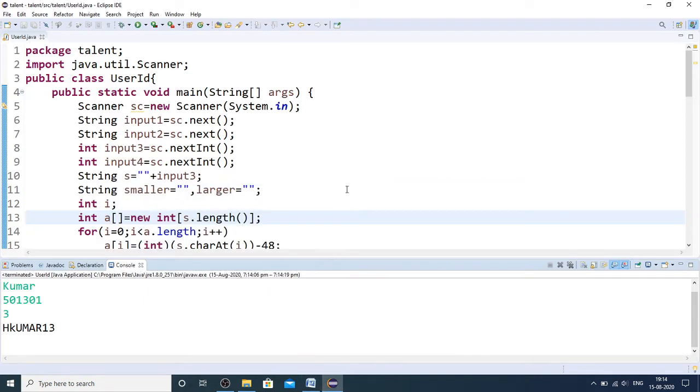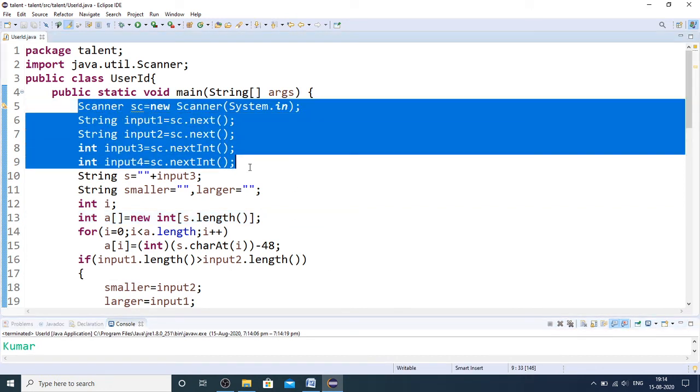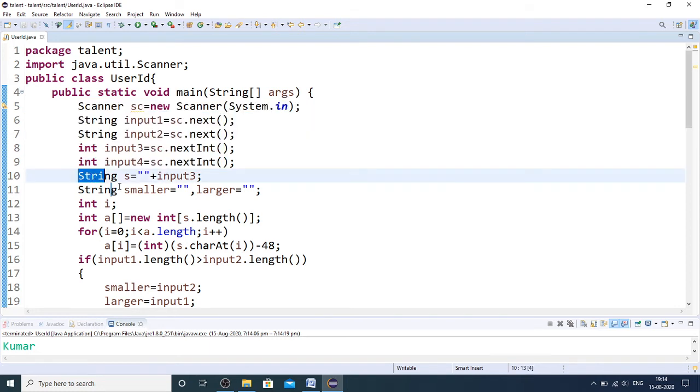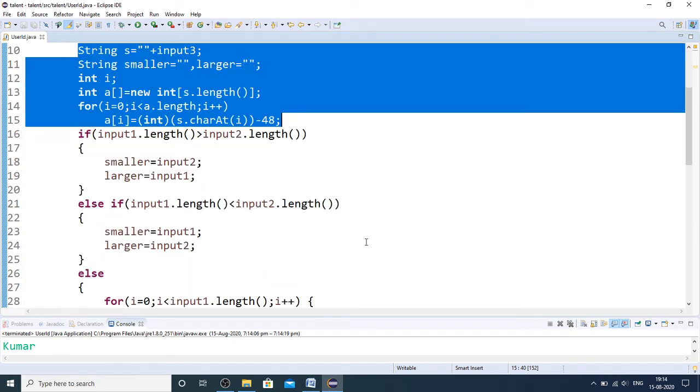Now let me quickly explain the code what I have used for achieving this. So I think I need not tell again. These inputs you are not going to read. They will be passed as arguments with the function. Only from here you are going to write in the company's logic building exercise.